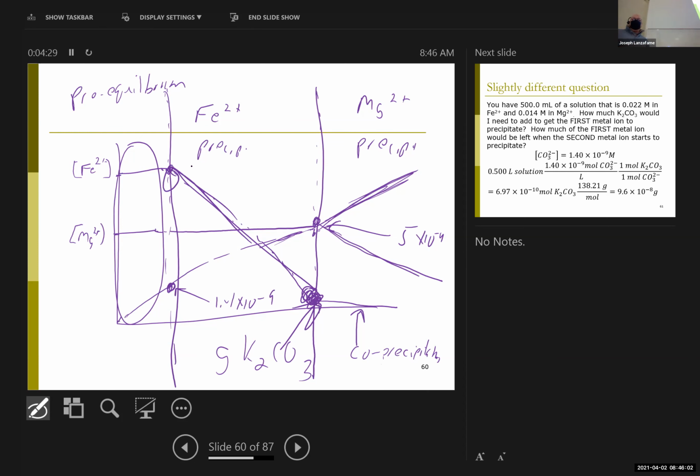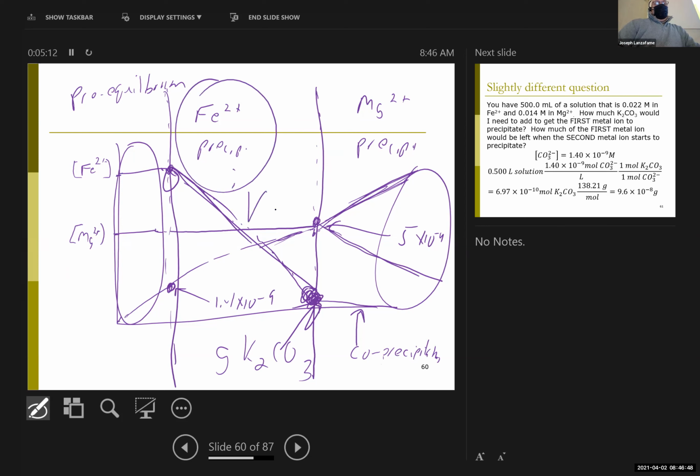right? And frankly, if the magnesium is the only other metal present, right, then I only really care about, at this point, dump a shovel full of potassium carbonate in there and get all the magnesium out, right? If I had a third or a fourth or a fifth metal, right, I would get a fourth or a fifth or a sixth window, where in each window there should be one species that's predominantly precipitating, but there will always be a little bit of impurity from the things that precipitated before them, because the iron is never going to zero, right? Because